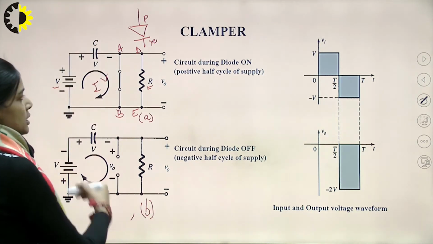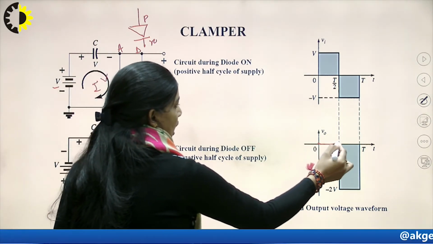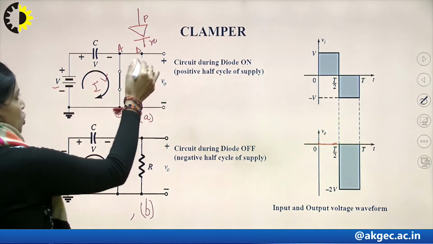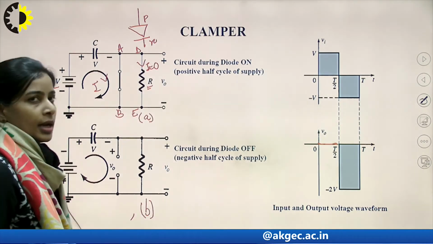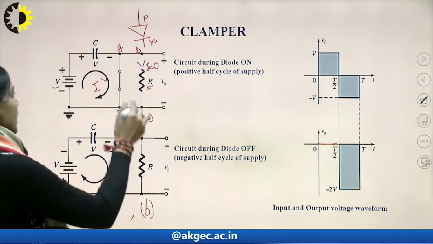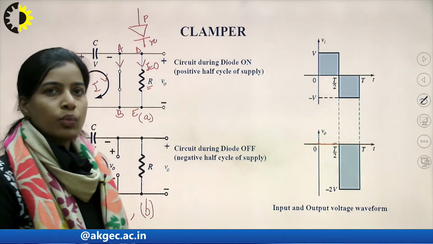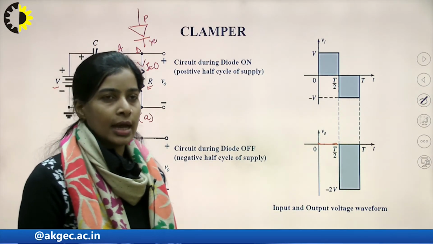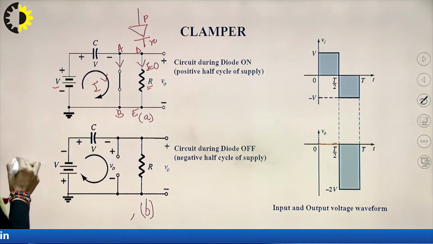So for the positive half cycle, we do not get any output because no current is flowing through this resistance. The current through the load resistance is 0, because the complete current is following this low resistance path in which we had connected the diode. For the next half cycle, that is the negative cycle,